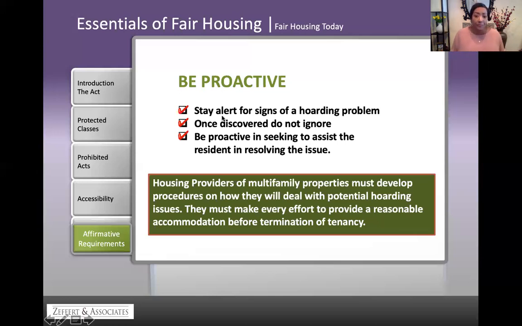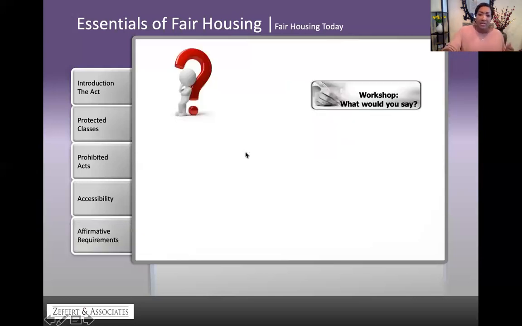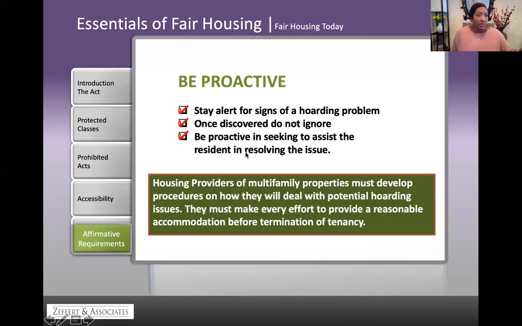So this is what you're going to do. Now, let me go back to the slide, sorry. When you're dealing with the situation of hoarding and you have to go and assess the unit, you want to make sure that you go to the apartment and remove any judgment. So remove your manager hat, and you're going to start documenting the condition of the unit, because the fact is it's probably going to be a disaster. You document the condition of the hoarder's home. You have to get legal counsel involved, or management, whatever your procedure would be.